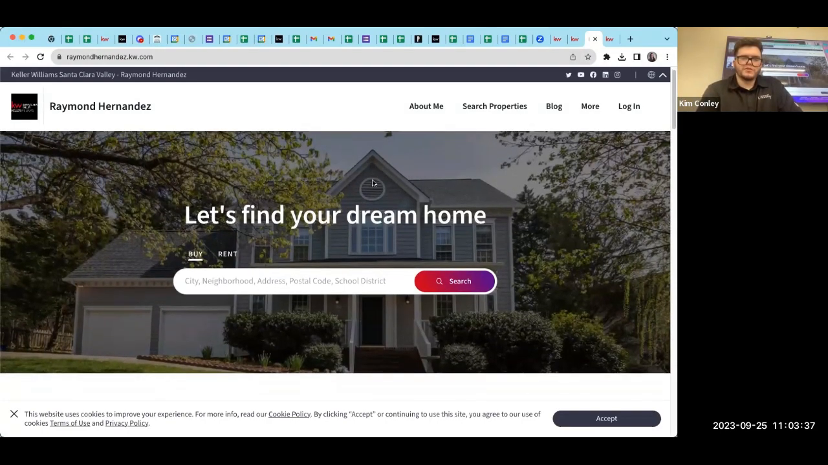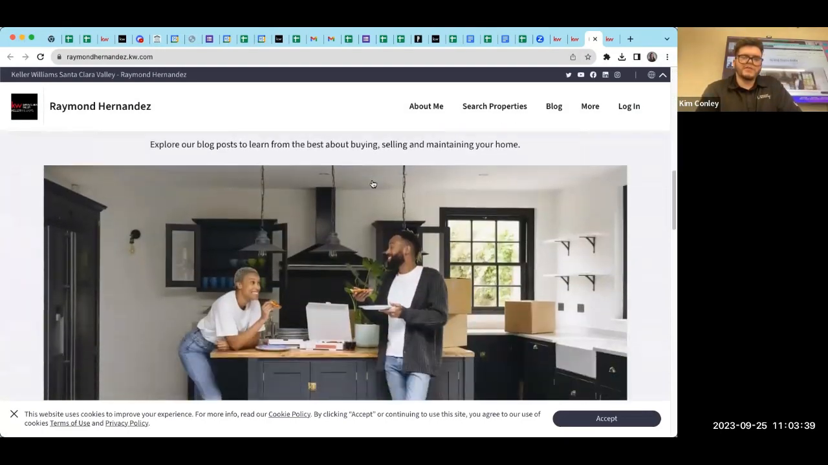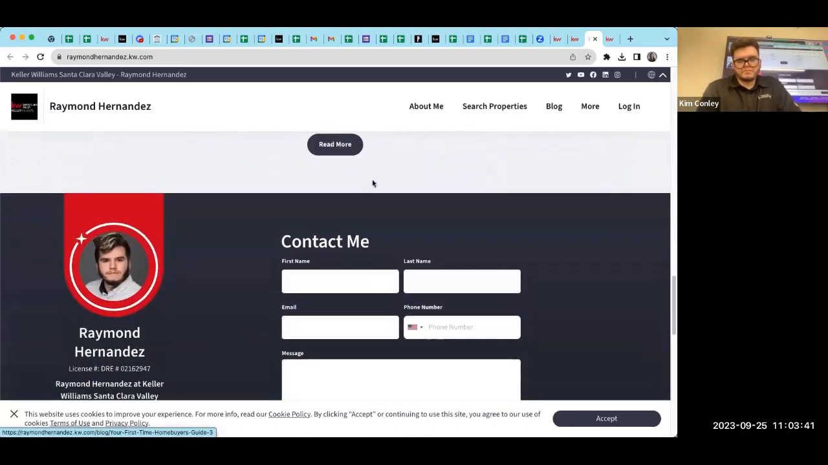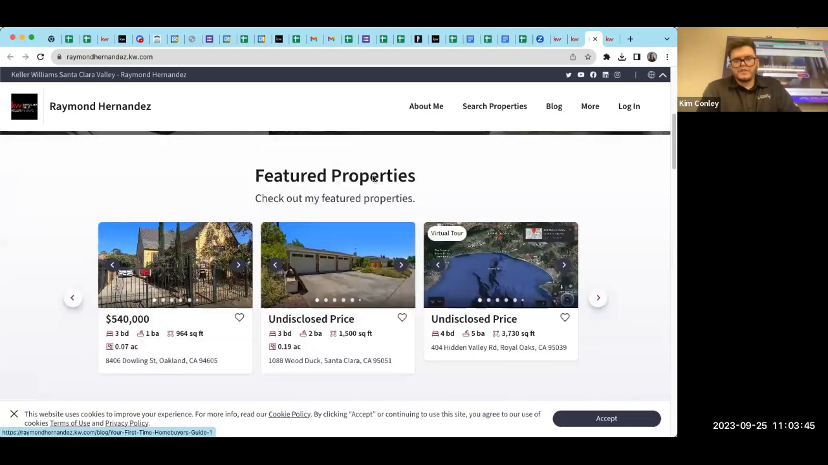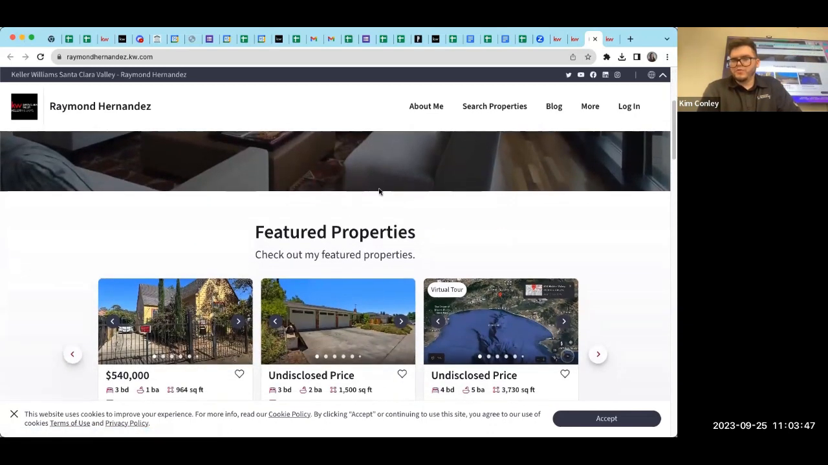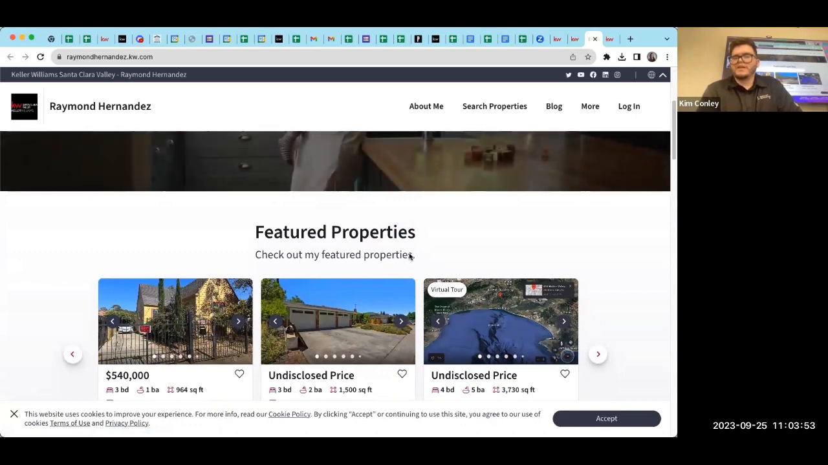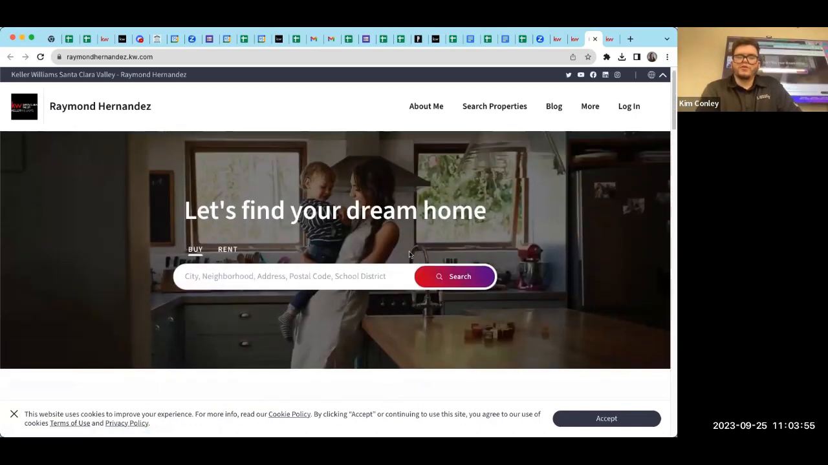So they've updated the design to make it feel a little bit more modern. And they've also made it very templated. So there's not as much customization, but everything is made as a landing page. So if you're holding an open house, let's say for a specific property, if you just go through your website and go to search properties,